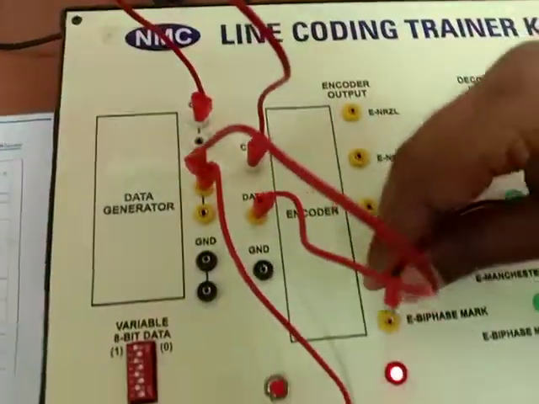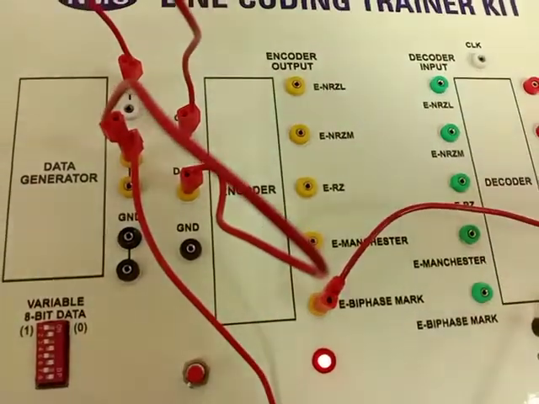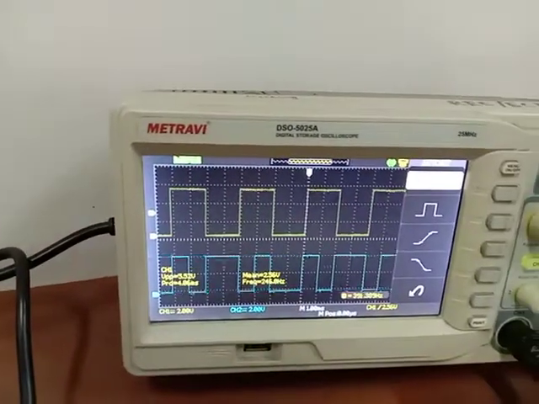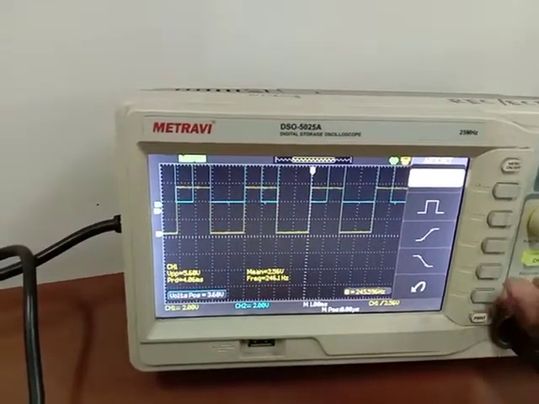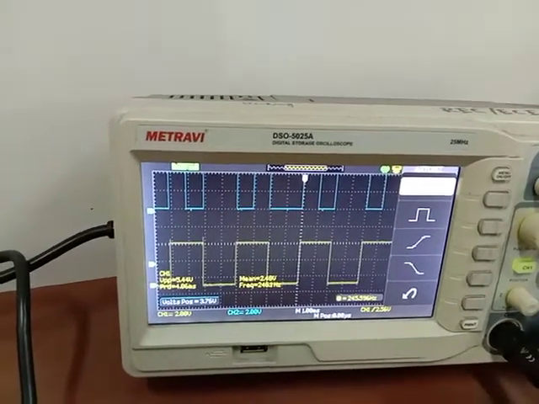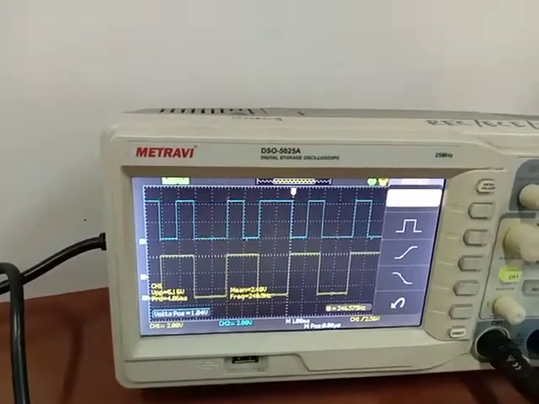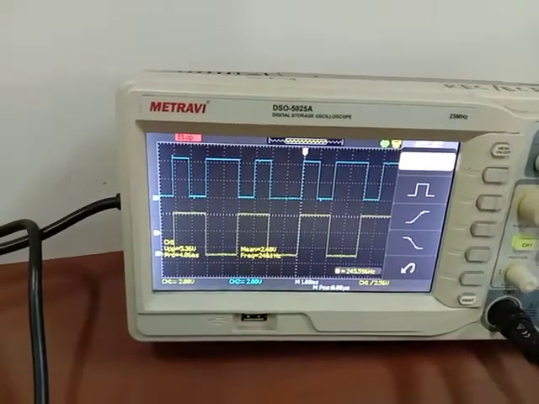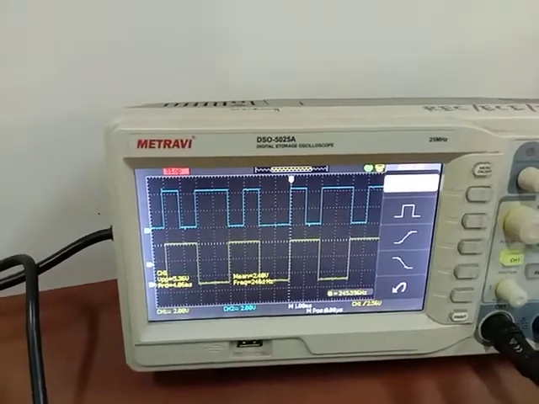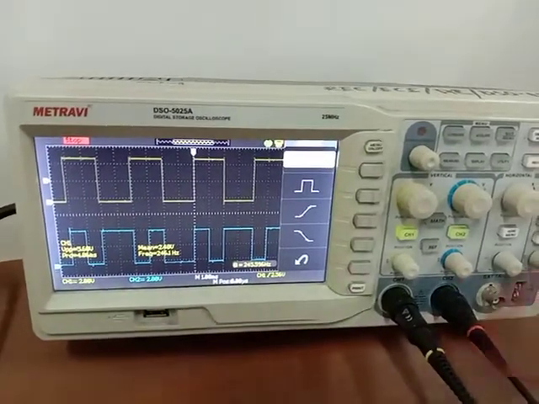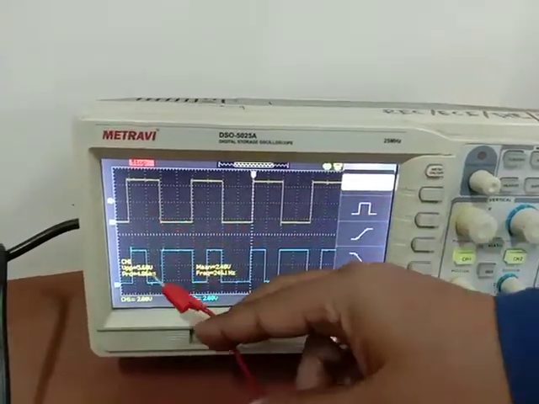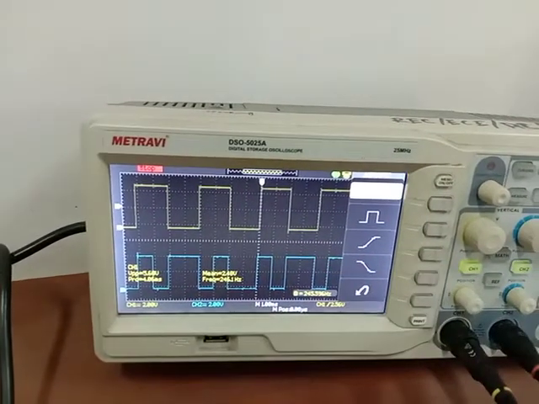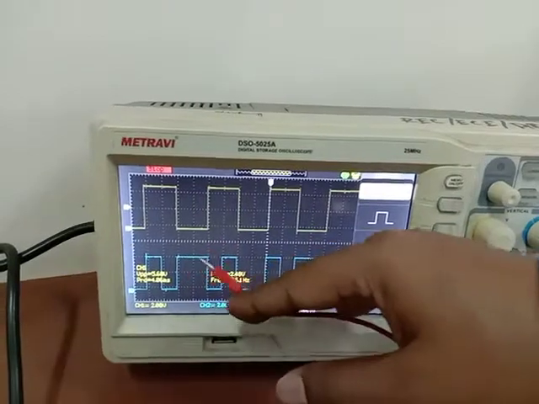After that, we will take the output from biphase M. In biphase M, when we give the input 1, we get half of the input as 1 and half of it as 0, and in 0 there is no change.